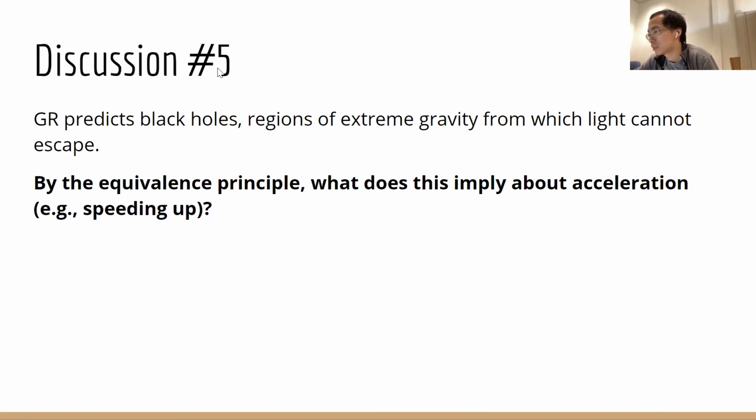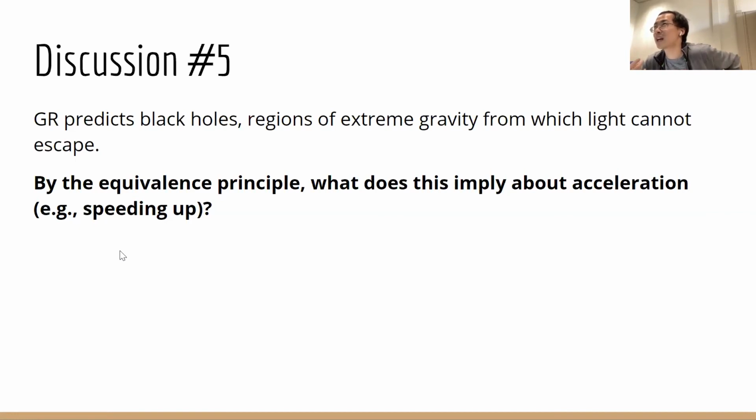And it turns out that the equivalence principle might inspire you to believe that when you accelerate, just like what happens with gravity, acceleration might cause a region of space behind you where light can't escape from. In other words, it could be that when you accelerate, there's a black hole behind you that follows you. And it turns out that this is in fact reality. This is a prediction of not just general relativity, but actually a special case of general relativity called special relativity. It's basically whenever you accelerate, it turns out that there's this gigantic horizon behind you, like that follows you,